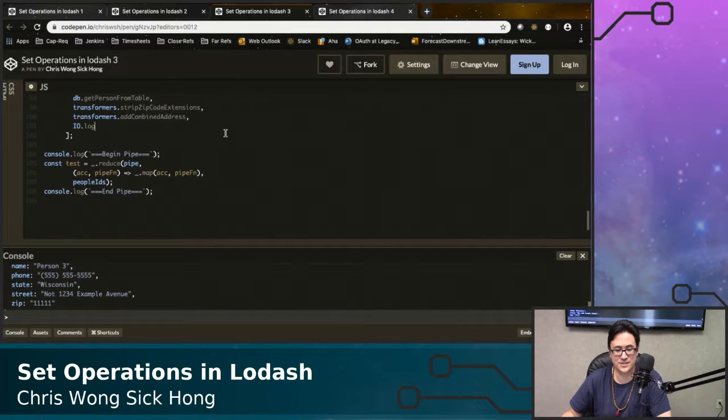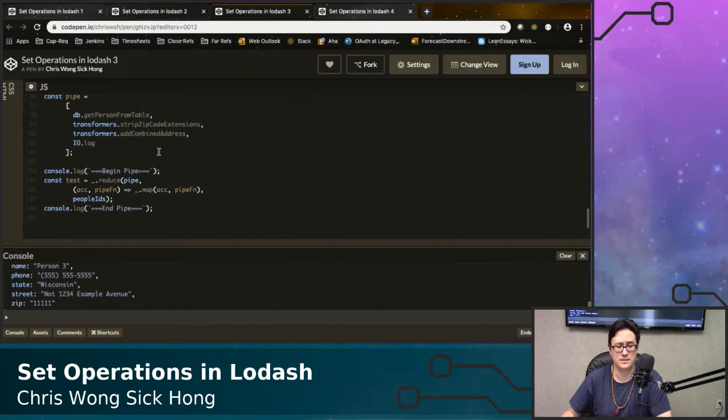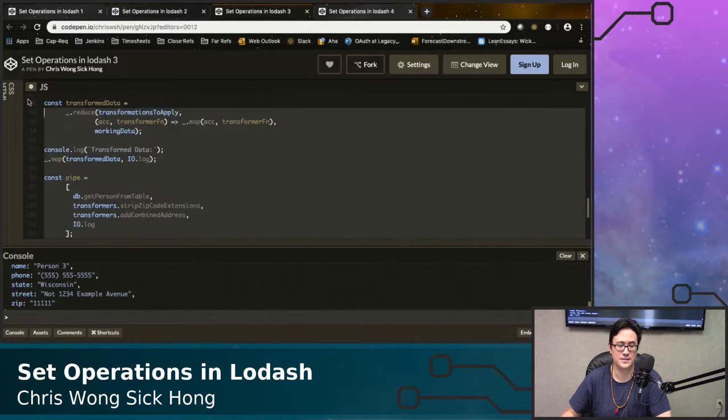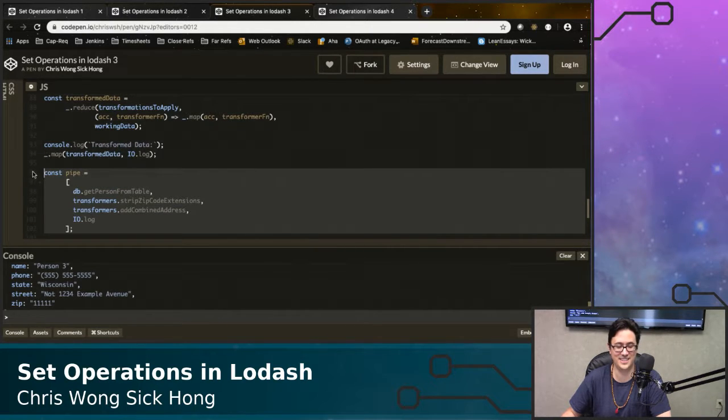And here are the console logs, where we're going to start with all the people IDs, run the function, map over the functions for each one in our people IDs, and do the stuff. The definition. The definition,